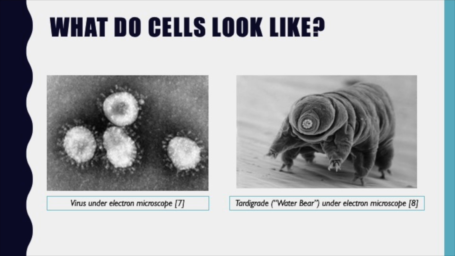It's a really, really small animal that you can only see under a microscope, and it is called a tardigrade or a water bear. And these water bears have, you can see the little legs they have, kind of makes it look like a bear, and they can live in really cool environments like space. These are just a couple examples of cool things that scientists can look at under microscopes.